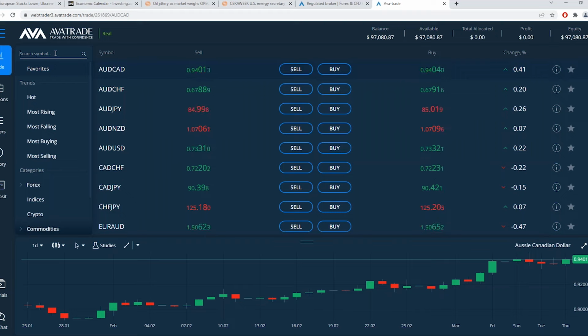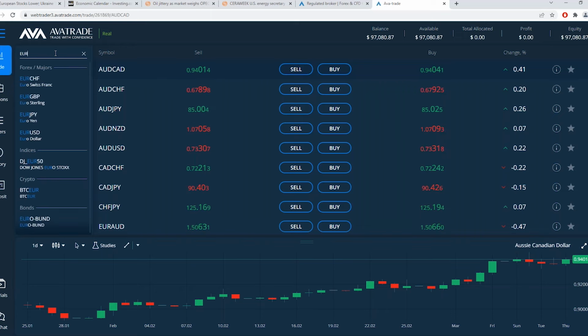Now, what we're looking at then is, we had a look at the Canadian, right? And if we're thinking there's some pullback right now on the US dollar strength and the Canadian was pulling it down, let's look at the Euro Canadian maybe, because the European Union probably has more reason to have weakness right now because they're more largely affected by all of this problem with being tied to Russia for energy, more so than the US. And so maybe there's more fear, and we've seen that through the week. The euro got really weak. So let's see what kind of pullbacks and movements there might be, and see if there's an opportunistic entry point